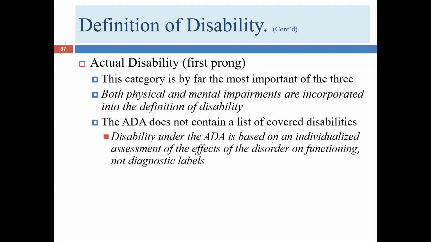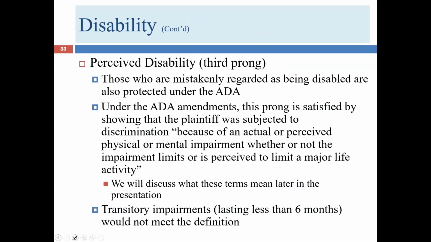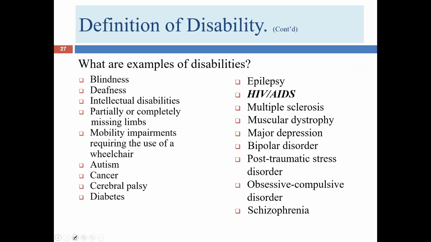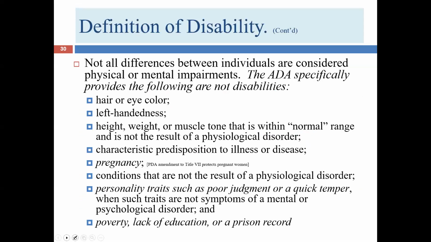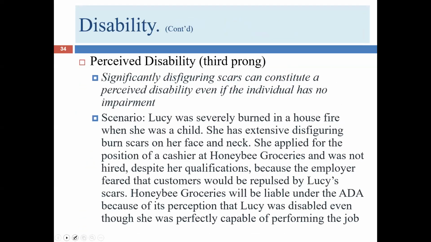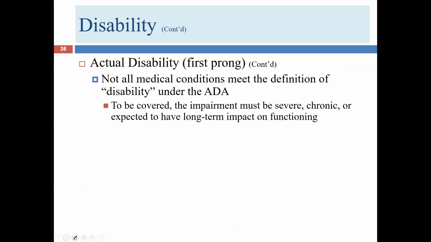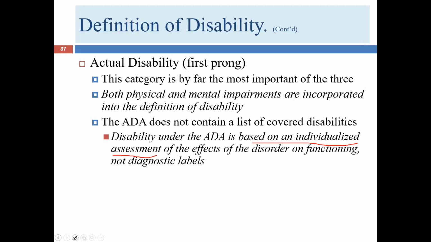Disability under the ADA is based upon individualized assessment. So there isn't, as you can see in the statute, I gave you a list of conditions that are routinely considered disabilities. You may recall them here. But really, other than HIV, I don't think there's any specific condition that is mentioned in the statute, because the idea is you have to look at each situation individually to consider how that particular diagnosis is impacting that particular person. And so it's not focusing upon here's a list of diseases that are covered, here's the list of diseases that aren't covered.